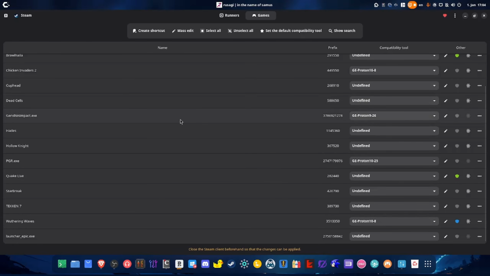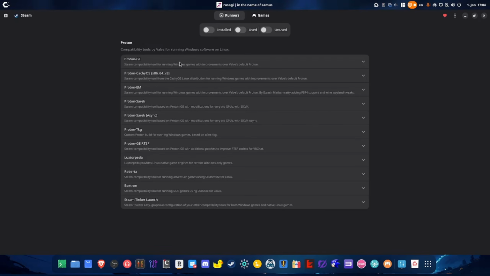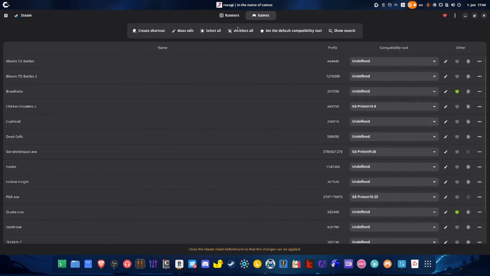10-8. For Genshin Impact, I'm using this Proton build, and for Wuthering Waves, I'm still using this Proton build, which I made a video about a few months ago, and I'm still using this Proton build to run the game. So ProtonPlus is very, very useful to not only install runners, but you can also see, for example, on